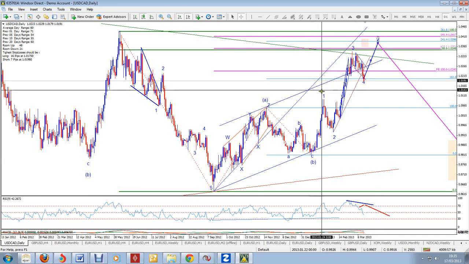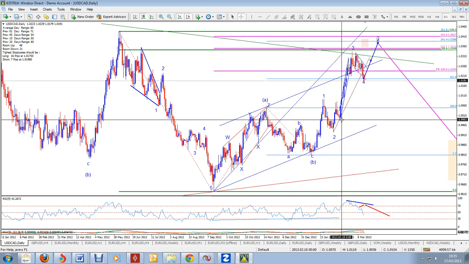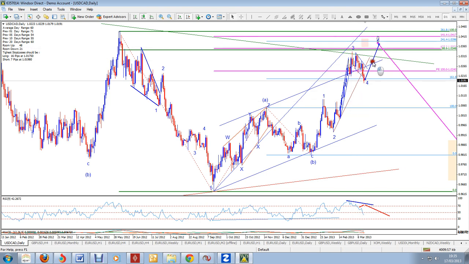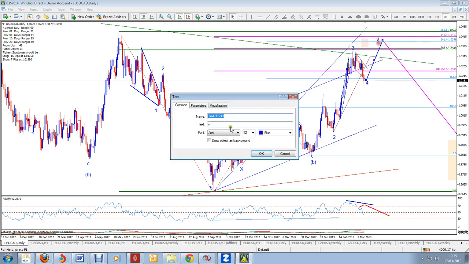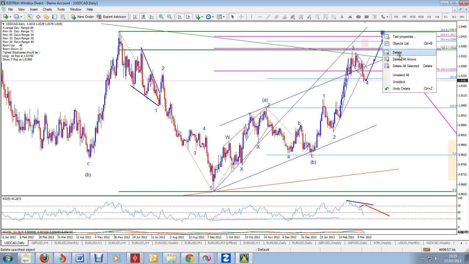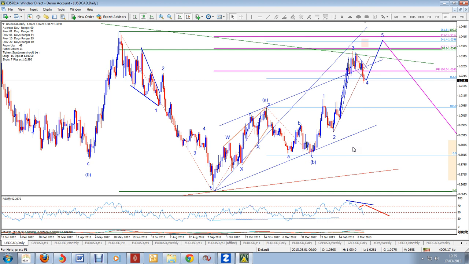So in that we got wave 1, wave 2, and I think this wave 3 is done, because we got minor 1, minor 2, minor 3, minor 4 and minor 5. So now we retrace into wave 4. So this week we should be going in to complete this wave 5 to the upside. Wave 5 to the upside here. So that fits in well with the dollar index still moving to the upside.